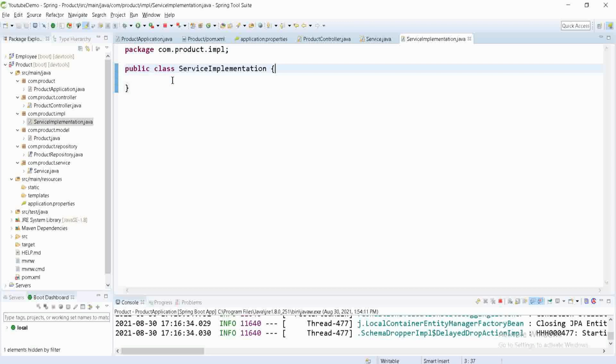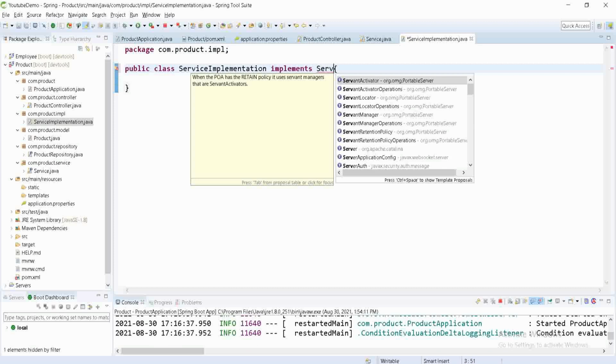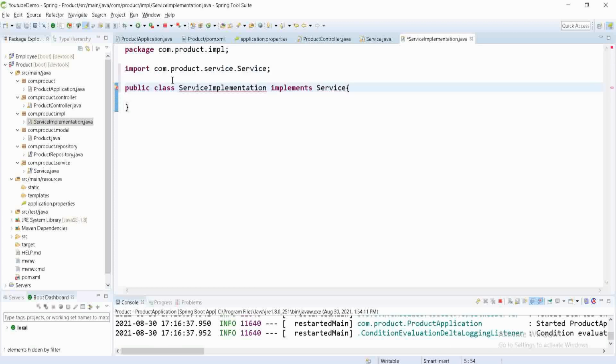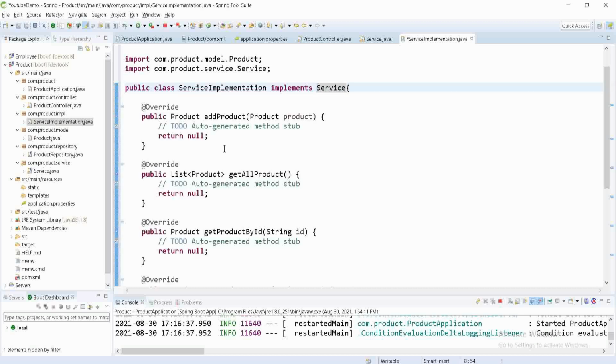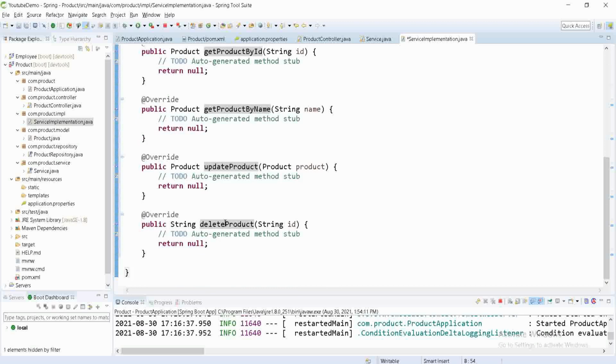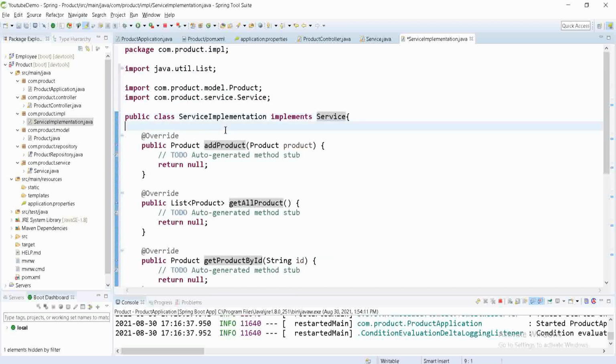Now it is a class and we have the interface, so we have to implement that interface in this, and the name of it is service. Now it will give an error because we have to implement all the methods in this class. Like this we can implement all these methods. Now we have our service.